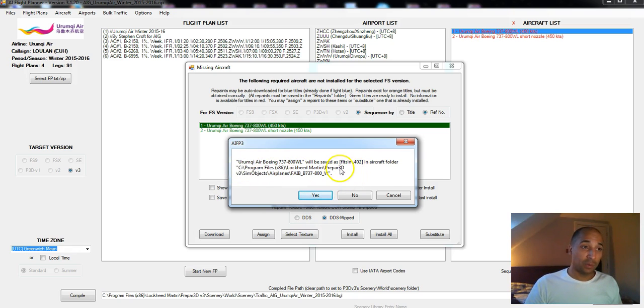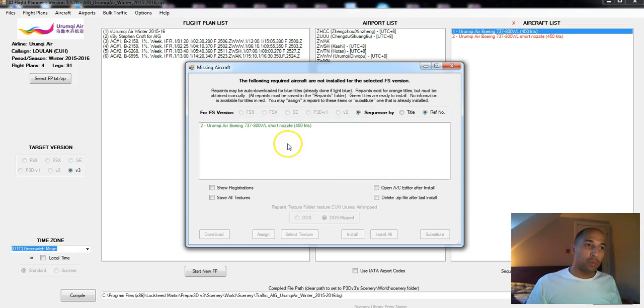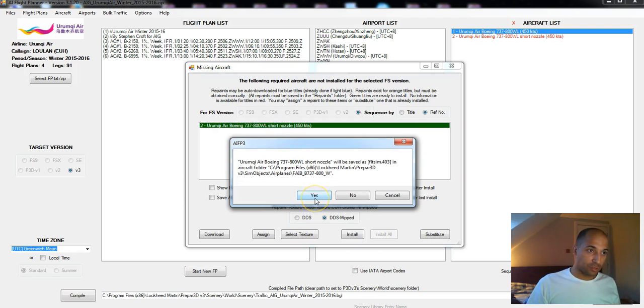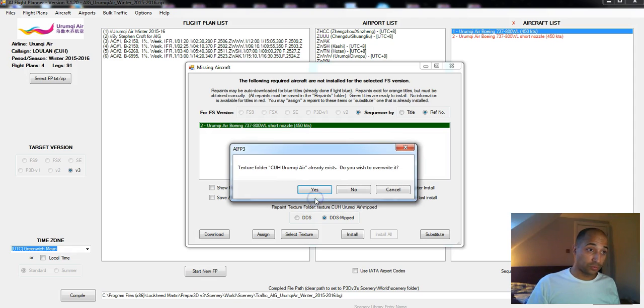What it's confirming is the location that you're going to install these flight plans to, which is correct. It's Lockheed Martin Prepared 3D, Sim Objects Airplanes, and then into the FAIB 737-800 winglet version. And breathe. You press yes, and then what you're going to see now when I do this with the short nozzle version is this following message. We're going to press yes because we want to do the same for the short nozzle, and then this pops